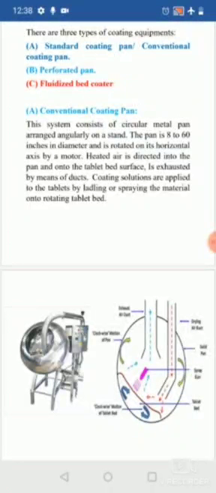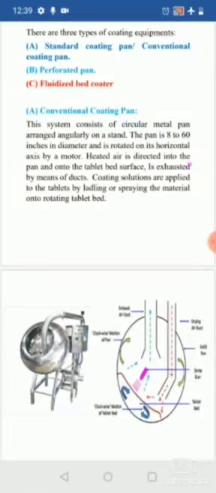Okay, so you are going to apply the coating solution either by spraying or by ladling onto the rotating material, that is the tablet bed. So you are going to insert the tablets first, then you are going to dry those tablets to remove the moisture. You insert dry air, which dries any moisture that is present. Then you are going to insert the coating solution with the inlet or the pipe, either by ladling or by spraying.